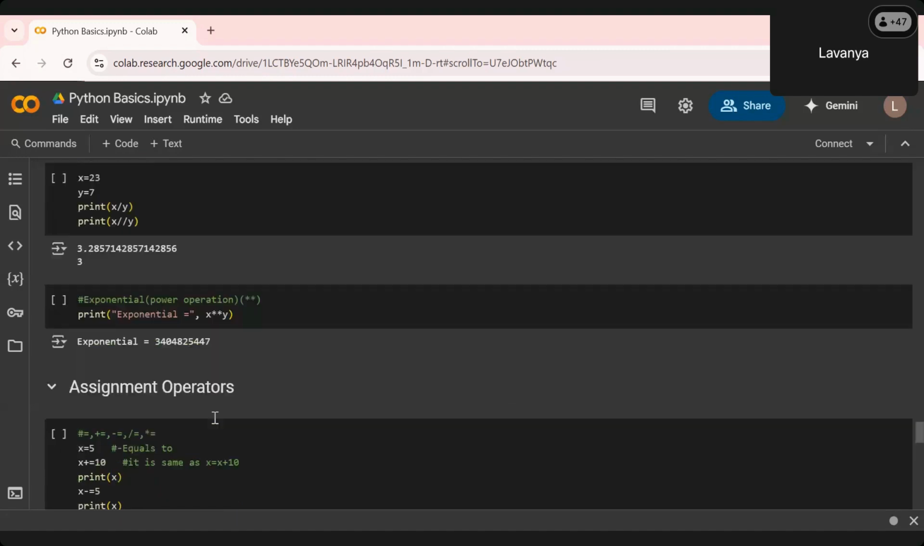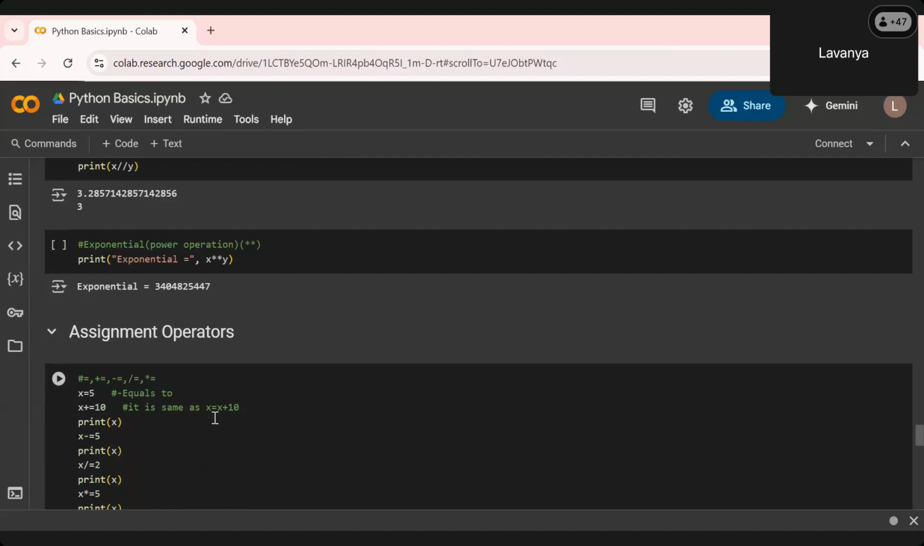Correct, guys? Then we have seen the assignment operator. When we want to assign some value to a variable, we use the assignment operator. So we have seen equals to, plus equals to, minus equals to, divide equals to. So when we want to add some value, decrement some value, increment some value, or divide some value by some number,